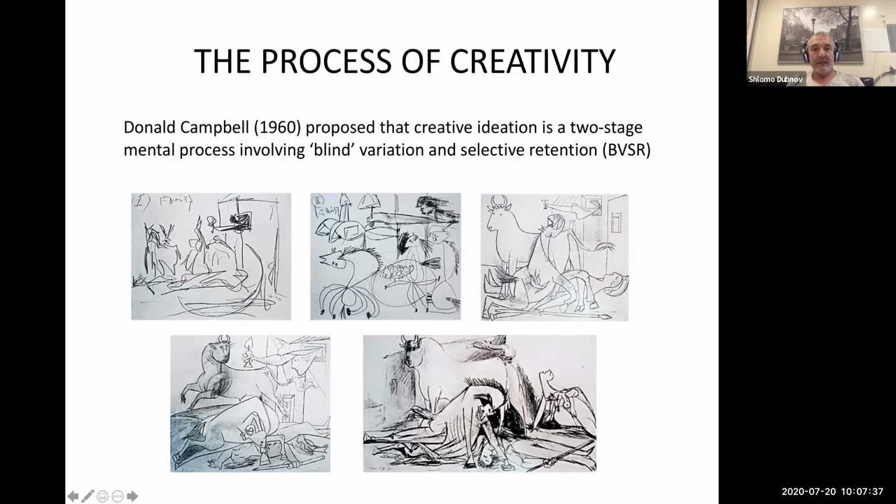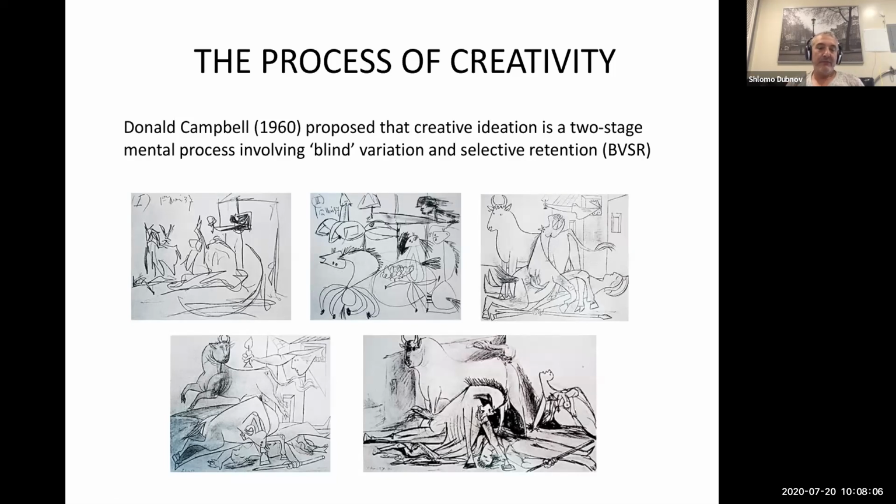And the idea is that the first part is really generating more and more examples. So if you explore a space and you create these blind variations of an idea, this is from Picasso's Guernica sketches. He was exploring the concept of a bull, right? And different ways of representing this. But eventually you want to put it together into a piece. So you need to provide some sort of constraints.